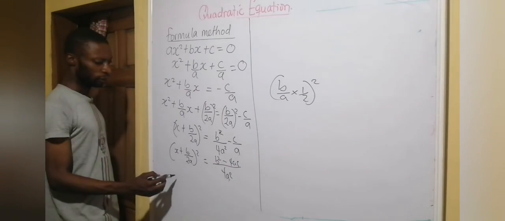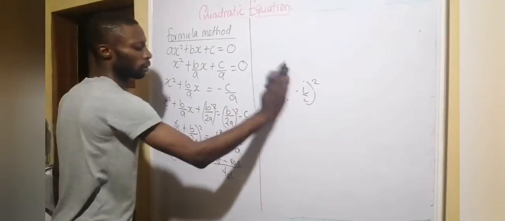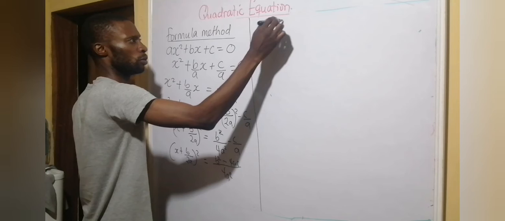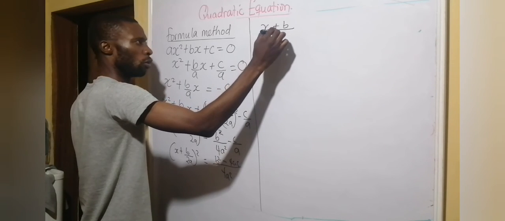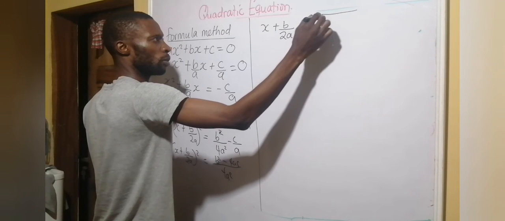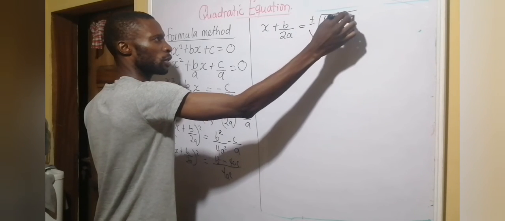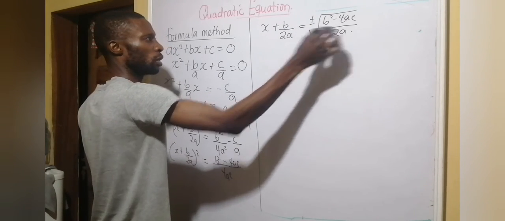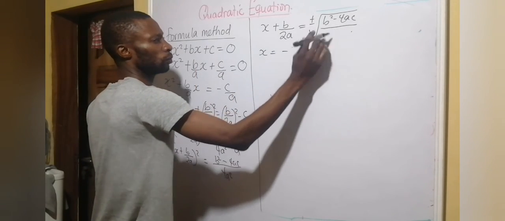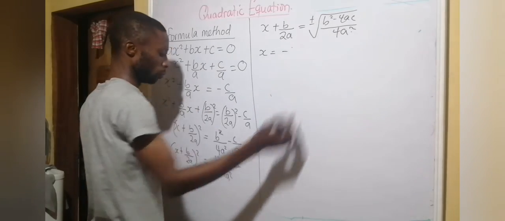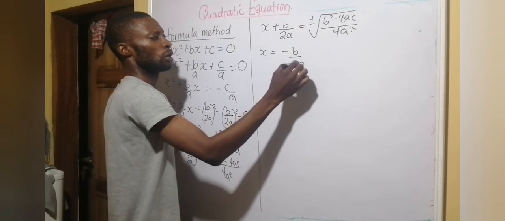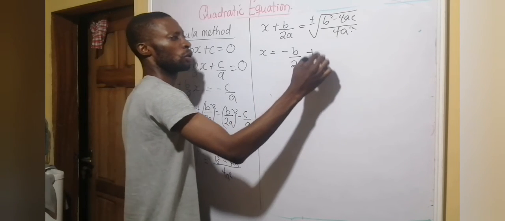So we have x plus b over 2a is equal to the square root, plus or minus, of b squared minus 4ac over 2a. So x is minus b over 2a plus or minus the square root